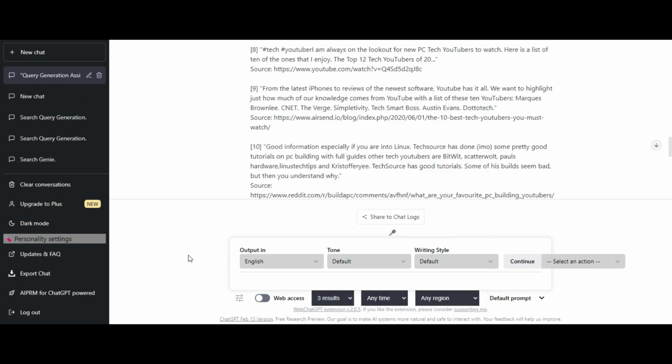How about, give me some ChatGPT Chrome extension, and see if it can search here. So it got stuck. Maybe if I enter, generating. I guess it's a little buggy, but